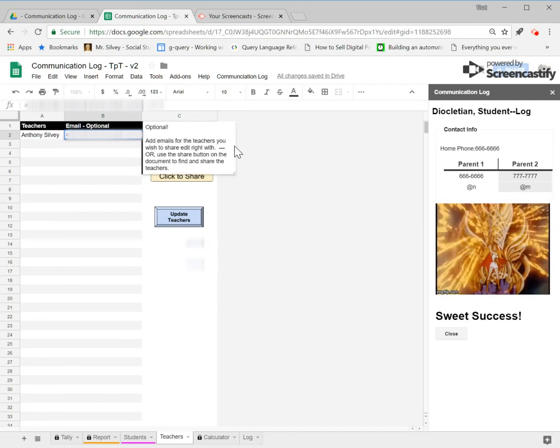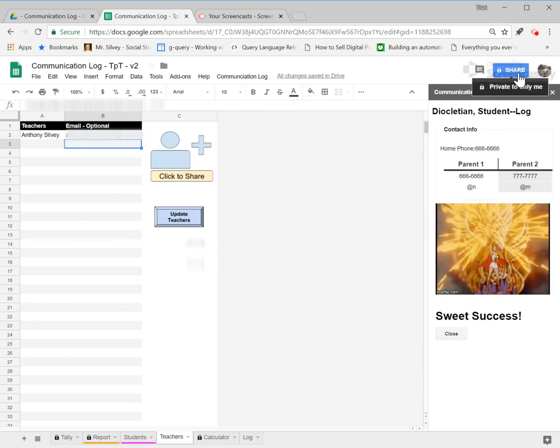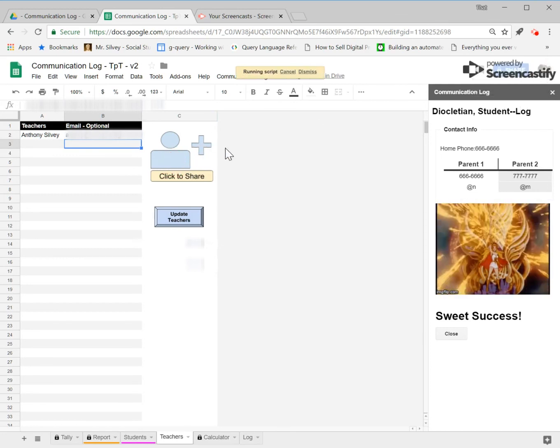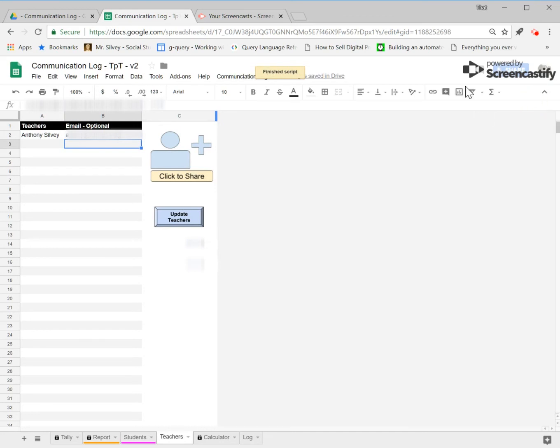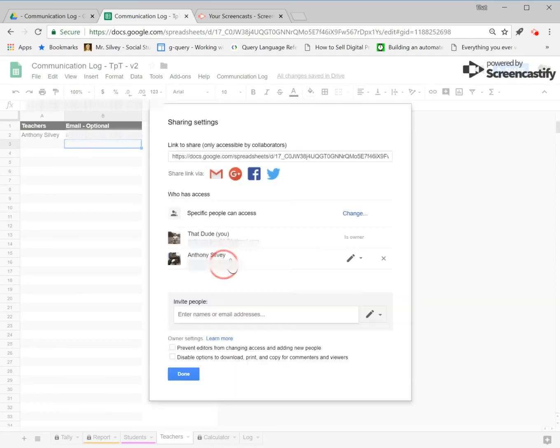And that's my school email, so professional email. So I'm going to just share this and watch what happens up here in the top. Right now, it says it's private. It's only shared by me. And then once I click here, you're going to notice that this changes. It's shared with one person now, and it shows that it's shared with Anthony Sylvie and